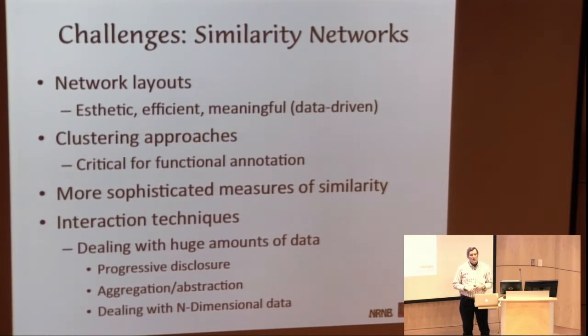If you're thinking of doing a layout of the protein universe, even a large superfamily, you're dealing with tens of thousands of nodes and millions of edges. We're going to have to do something like progressive disclosure. We're going to have to be looking at various ways of doing aggregation and abstraction. And at the end of the day, all of this is n-dimensional. When we do these layouts, they are, in fact, an optimization. They're not real in that sense. So we've got to get other ways to make it better.